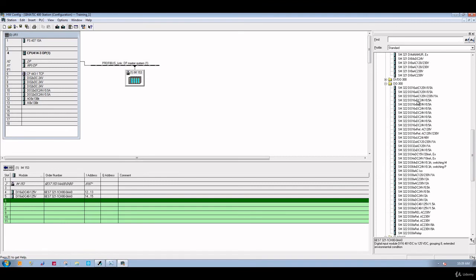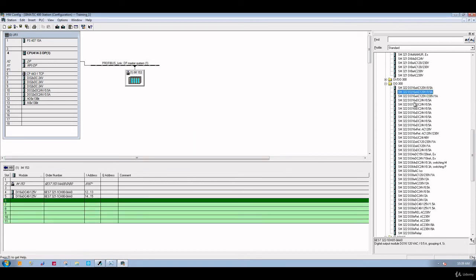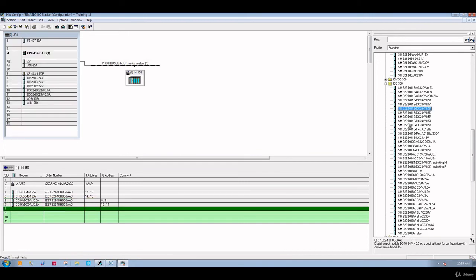Let's make 24 volt. 2 digital output can't be installed because it can't be inserted in that module. Okay, never mind. Yeah, this one can be installed, because this one's different. Digital output with diagnostics can be used with that remote I/O point, but here it gives you the option to add that card. This one can be used here. So I'll use two of these digital output cards,